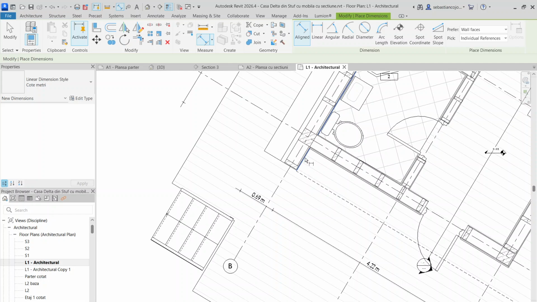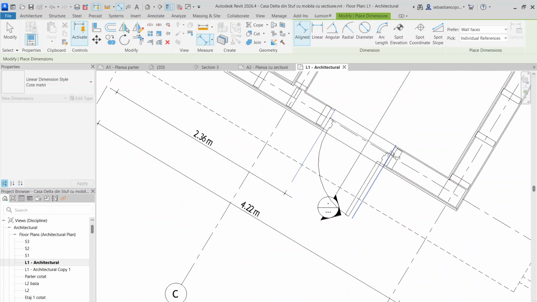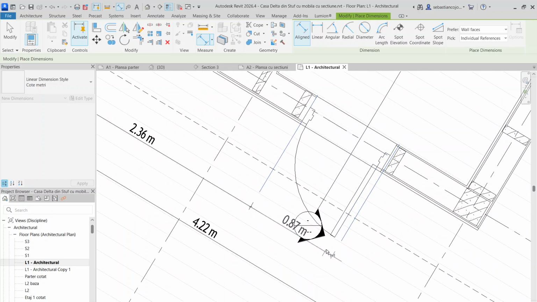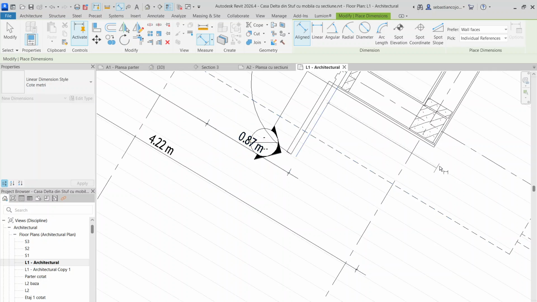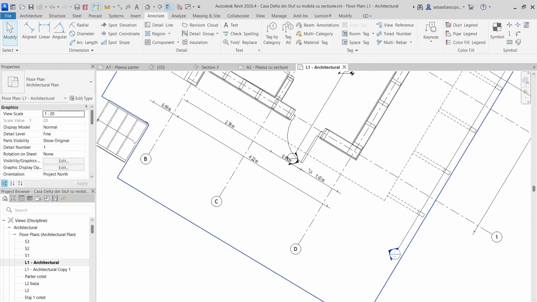Wait a bit, and I think I also annotate this. The gap will be annotated as well. Okay. Yes, so